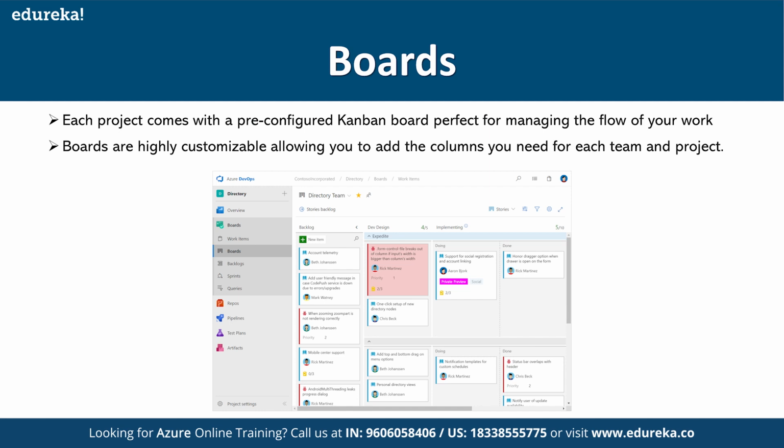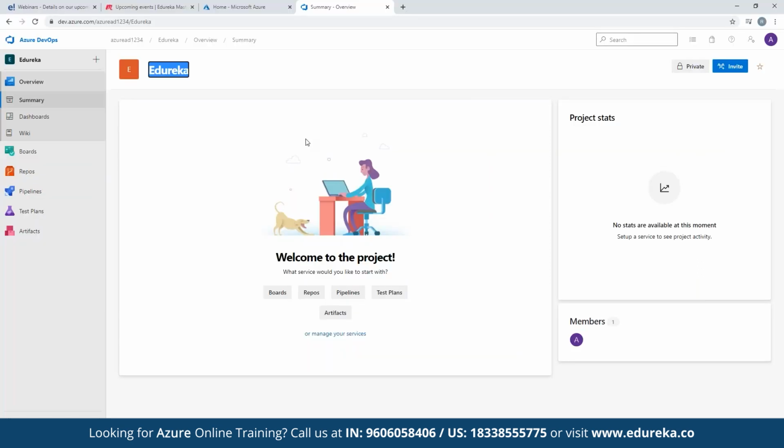Allowing you to add columns, and once you create your DevOps project, you can create your Kanban boards, work items, all the boards by navigating into your Azure DevOps organizations.